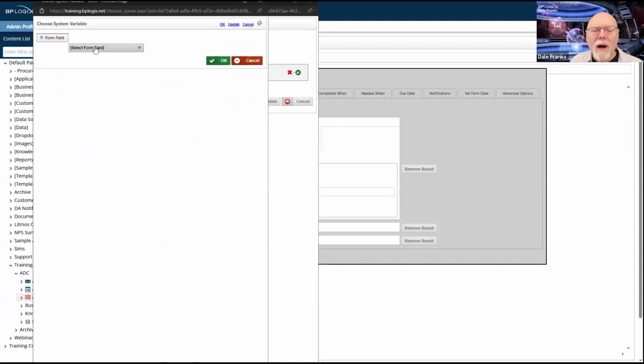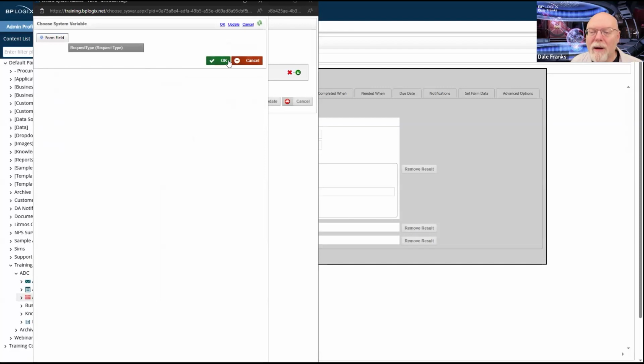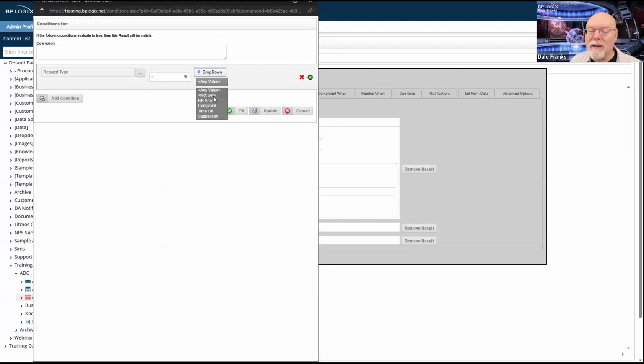So once again, we'll pick request type. And I want the request type to equal, and since this is a dropdown, I can do this. I want it to equal time off.